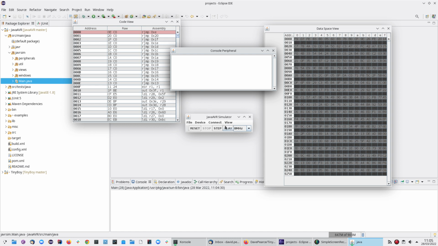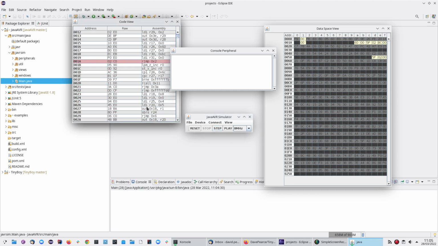Great. And so if I press play, it will start to run the program at 8 megahertz, and it'll pretty quickly run through the program and execute the code. And what we can actually do is we can start by single stepping it. So if we step, we'll see the code actually executing each of the instructions, and we start to see stuff happening in the data. And it's marked in yellow just to indicate that it has been modified by the system, so that we can actually see what's changing,